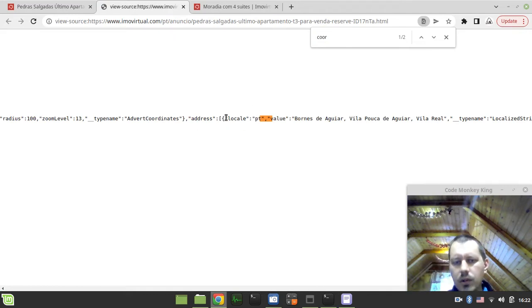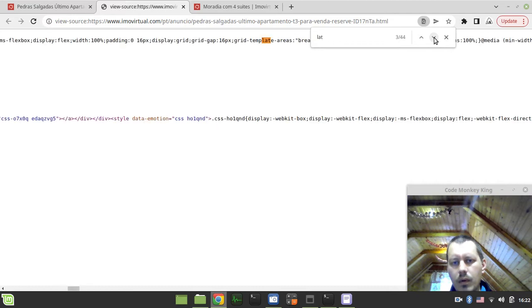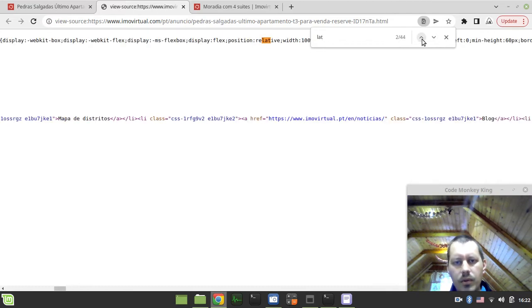So here I see something. Here I do see something. Coordinates. Okay, so this might be. Okay, I saw that something. Latitude.